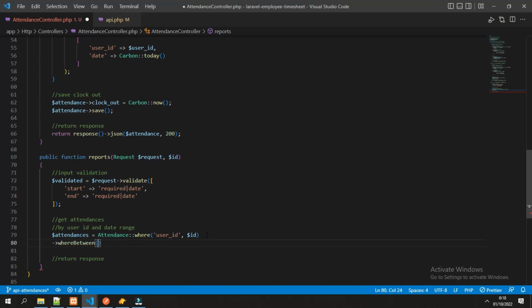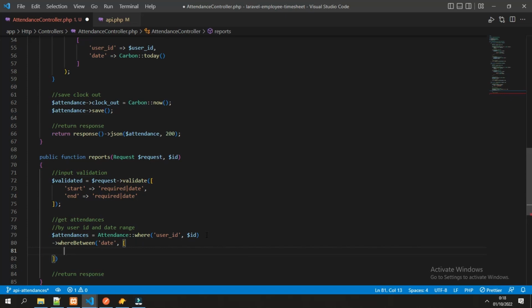It takes two parameters. The first is the name of the column in the database, which is date in our case, and the second parameter is an array which contains two parameters, the start and the end range.